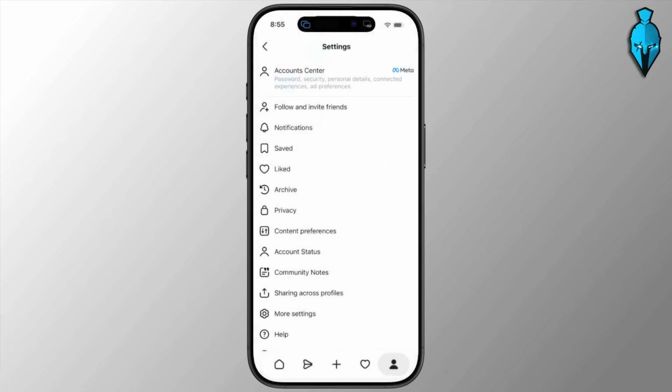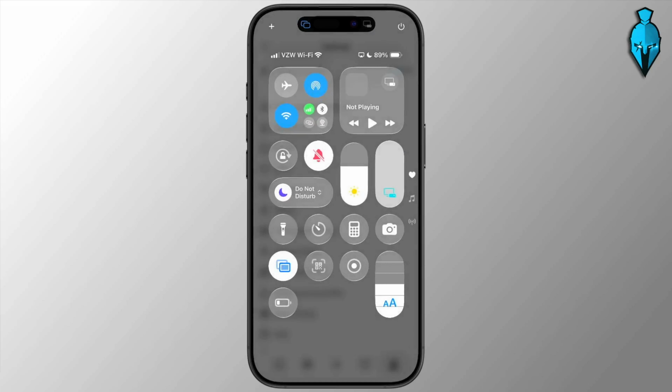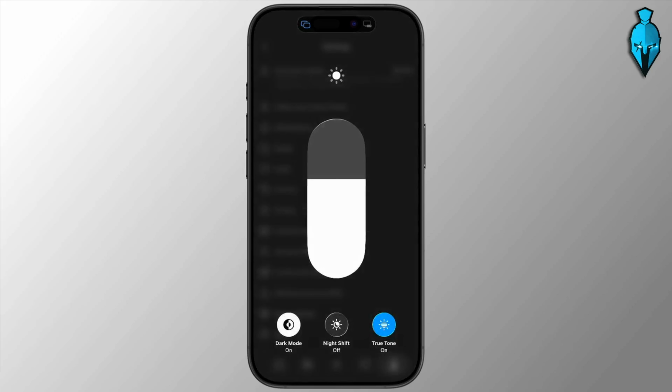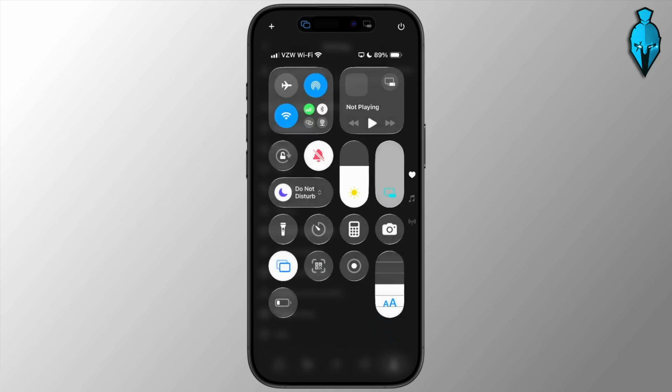Like for example, if I turn it off, oh gosh, it's like getting flash banged, you know? Not a great experience. Go ahead and just do it like that. As long as you have dark mode enabled on your device, it's going to automatically switch to dark mode on